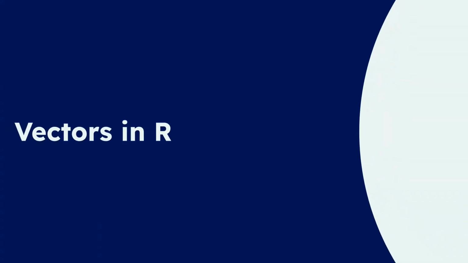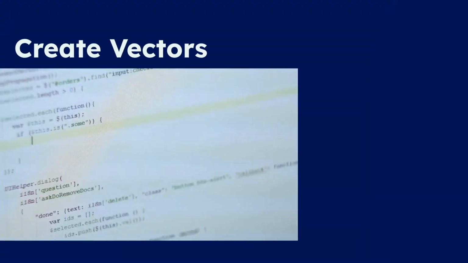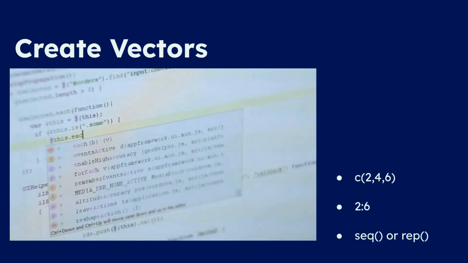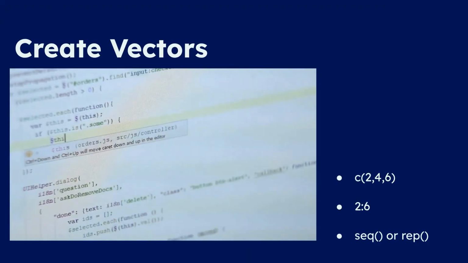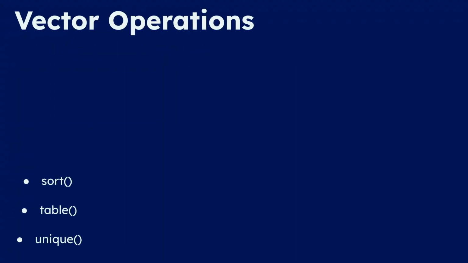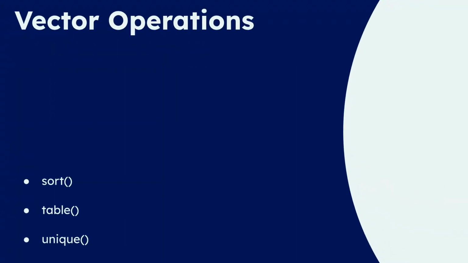Now let's delve into vectors, the fundamental building blocks of data structures in R. You can create vectors using c to combine elements, define sequences with the colon operator, or use sequence and replication functions like seq and rep. Manipulate vectors using functions like sort to order elements, table to count occurrences, rev to reverse the order, and unique